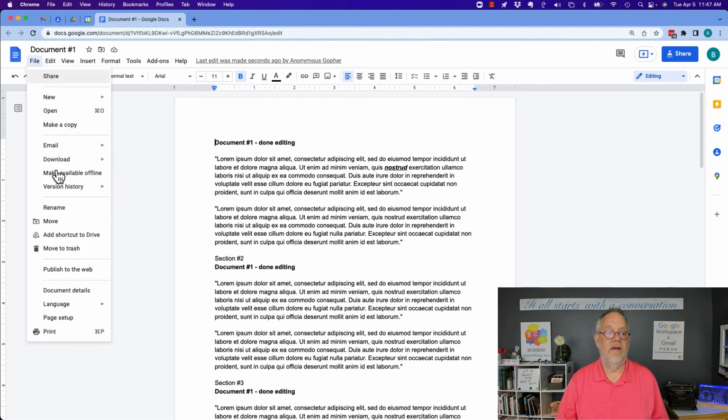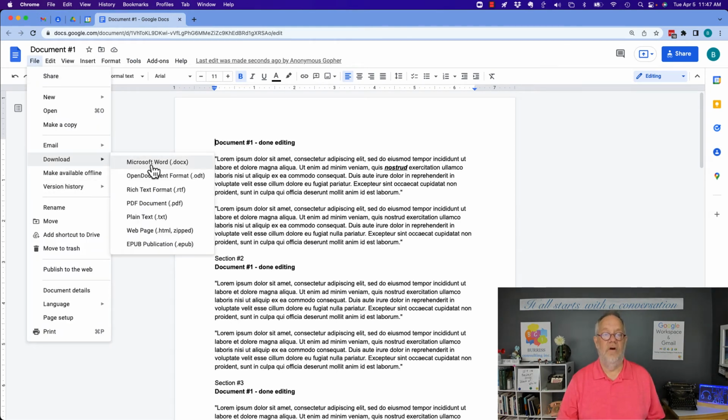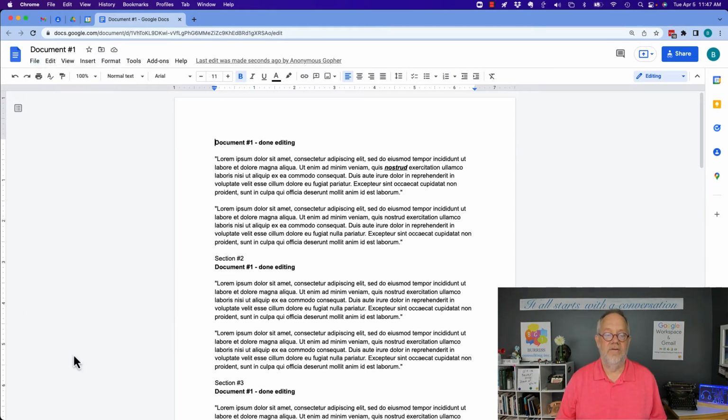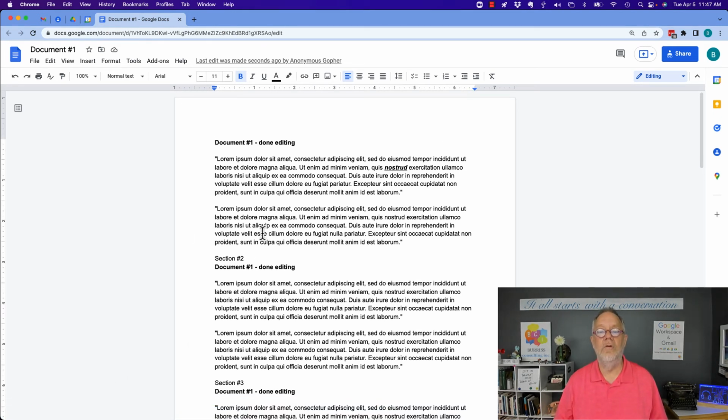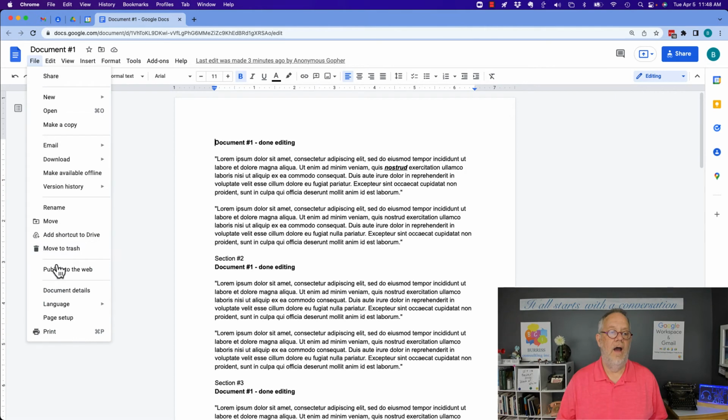Number one is I could download this as a Microsoft Word, rich text, PDF, web page, whatever I want. I can download it to my computer as a document, and then I can take that document and I can email it to anybody else that I want to email it to. It becomes a static document. It is no longer connected to your Google Doc, but you could download the document and email it off to someone. And the last idea I have for sharing documents, sheets, slides, etc., is to go to File and Publish